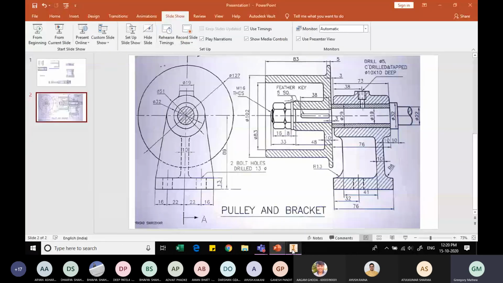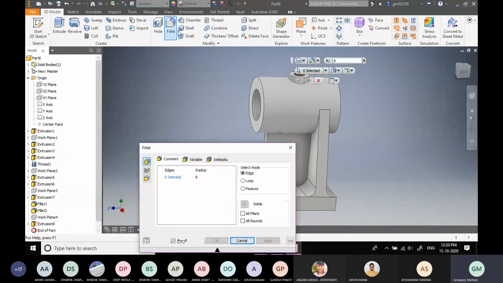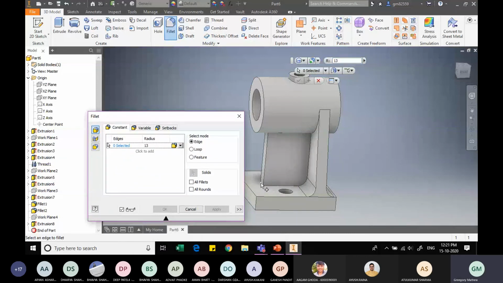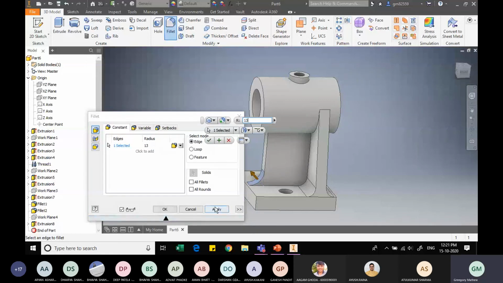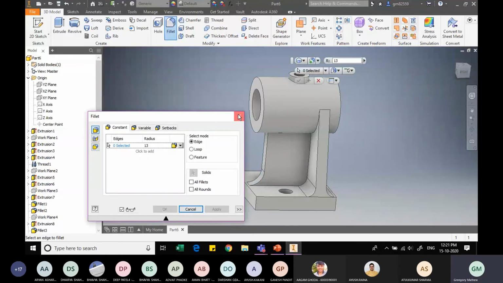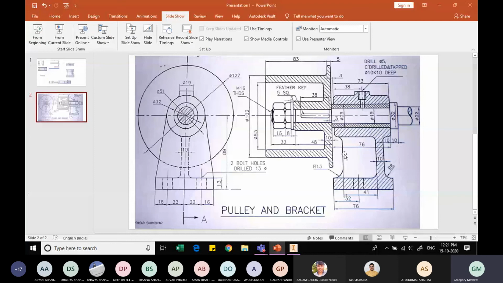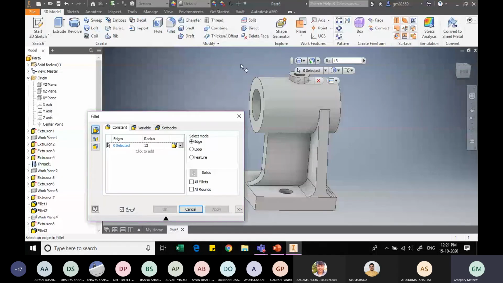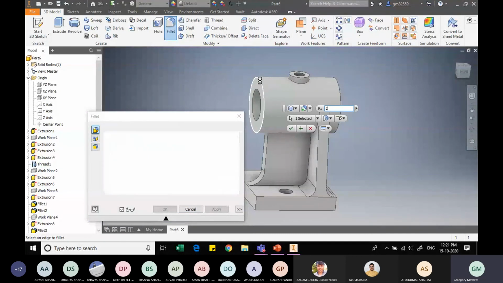And we know from the figure that here the radius is 13 mm. So using the fillet option, change the radius to 13, and the face edge is this edge. This is 13 mm. I click on apply. Now all other unknown fillets here, this edge, this edge, this edge, these edges here, we will all give them 2 mm. So going to the fillet option, setting the radius to 2, and I will select this edge,